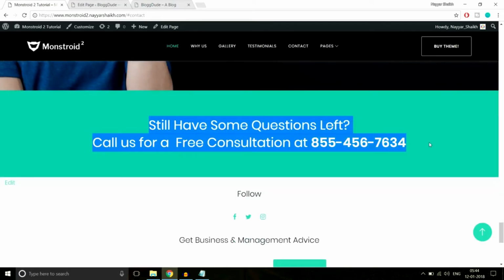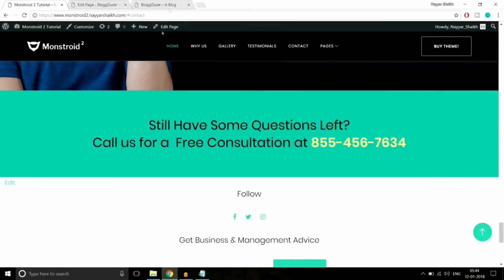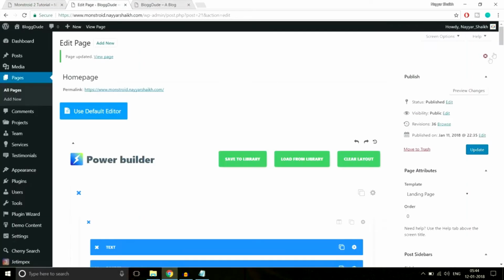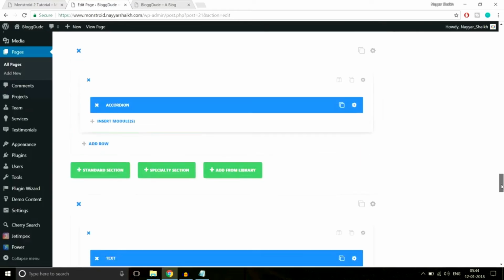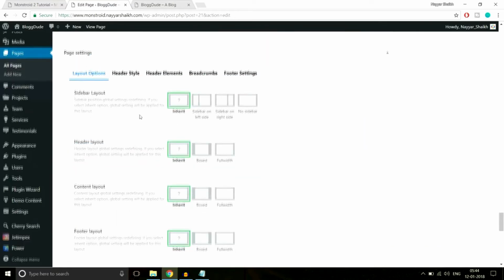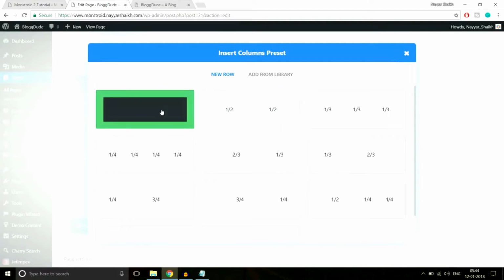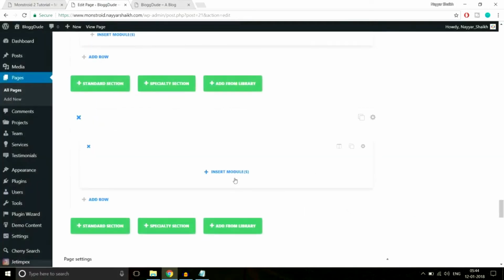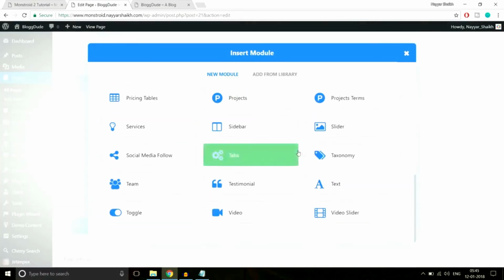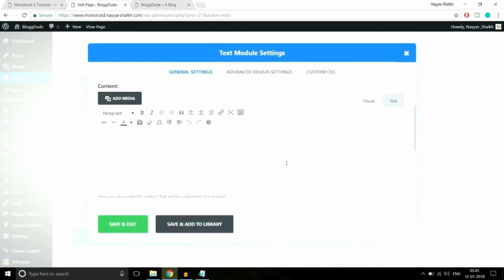This is a very simple section. We just have some simple text and we have a color in the background. Okay, so let's add this. Again, come at the bottom, click on add new standard section. Okay, single column, insert a new module, text module, paste in this code,